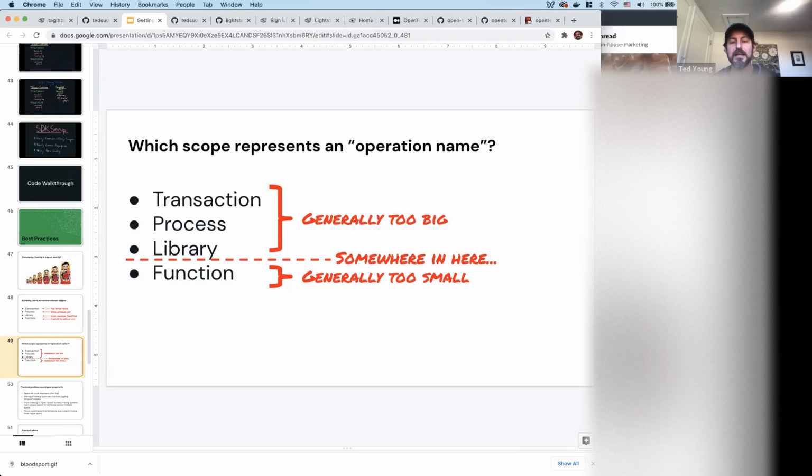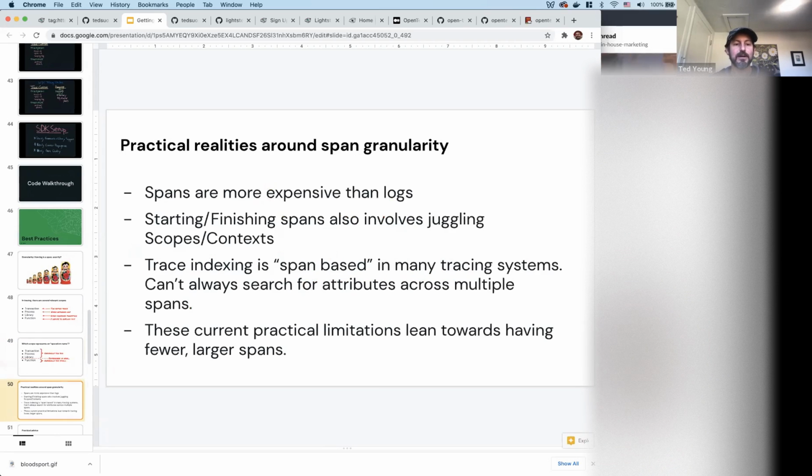Maybe it's a single span representing all the work that that library did in a trace, like all of the work that a database client might be able to be encapsulated into a single span. But there may be some sub operations within that database client that you'd want to measure. So it's usually, I would say, maybe 1 to 3 spans per library if you want to use a rule of thumb. But I would strongly recommend aiming towards fewer rather than more.